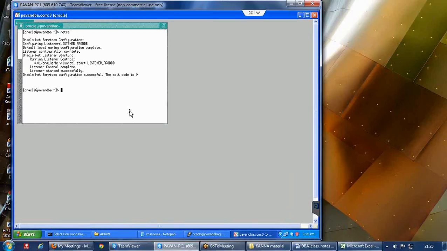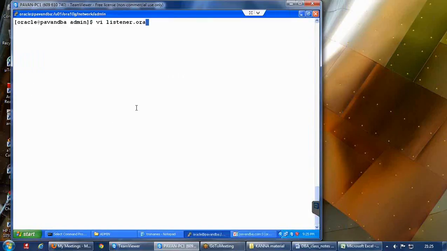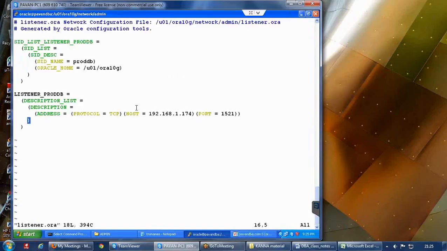Let's say I have one more database by the name testDB. How do we create a listener for it? You can create a listener with the help of netca once again. You can type netca here and do the activity. But apart from that, you can do it manually also. How would you do it manually?